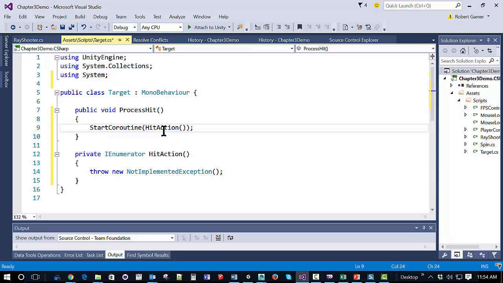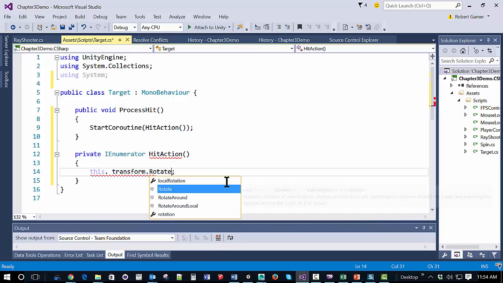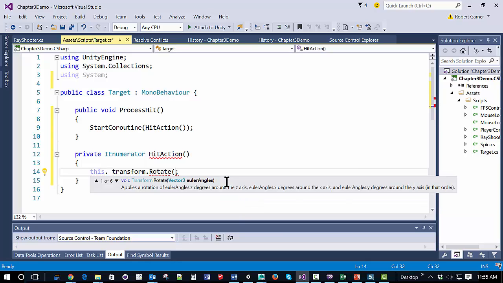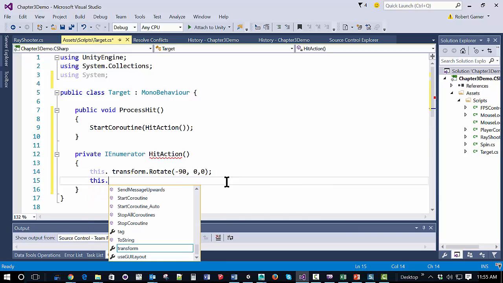It's kind of nice if you use that approach where you just put in the method name and then let it stub out the result, because then it properly names the return type. And we're just going to rotate the object so that it's laying on its side,